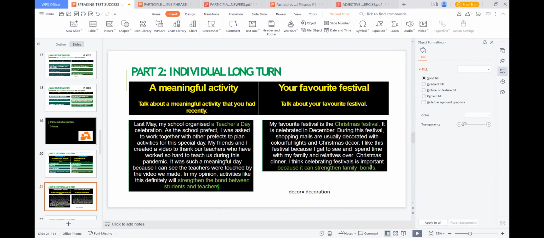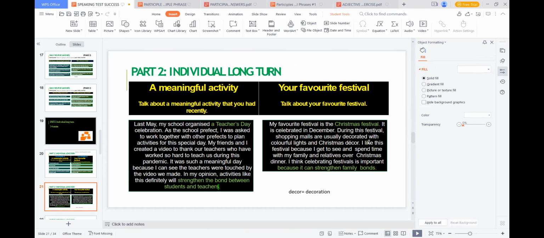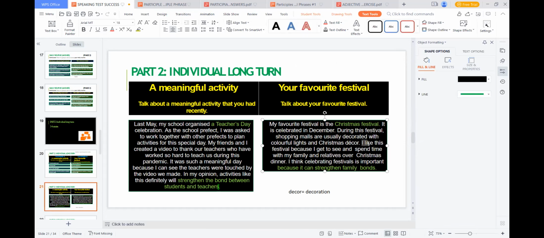布置, decoration. Decor is the short form of decoration. Decor, Christmas decor. All right, and then how you celebrate it? How you celebrate it? So he said that he combined these two. First,